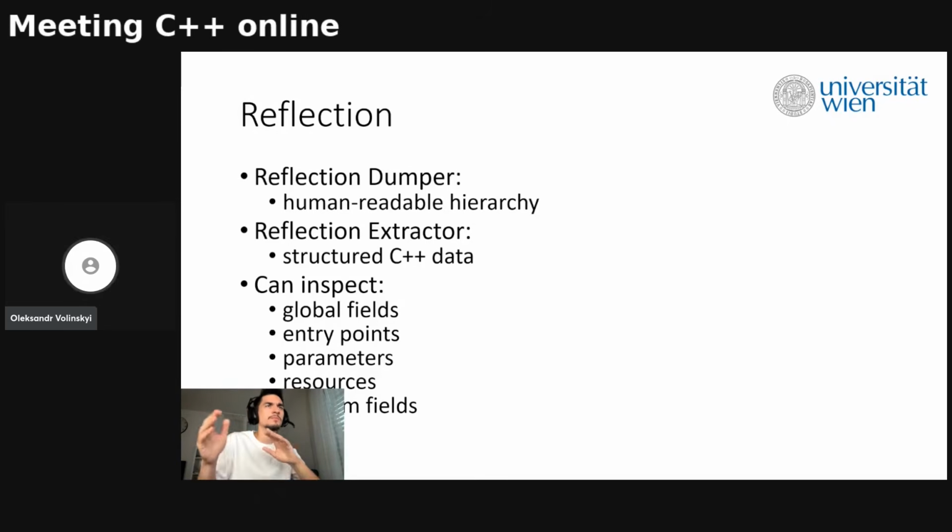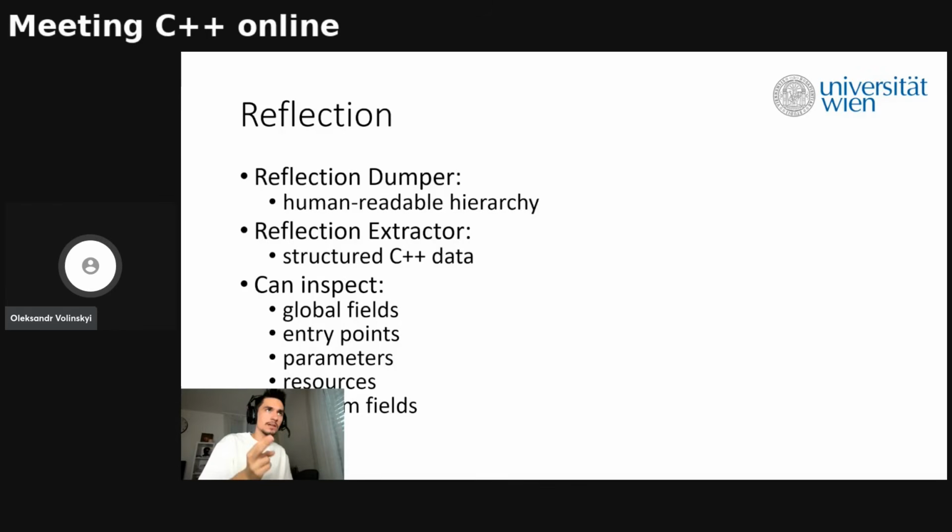I haven't talked about it, but what does the reflection dumper actually do? It just dumps out the reflection data right into the console. So this was just the first approach that I made with the reflection. Basically it was made for debugging, inspection. So it just dumps out the information. You can see it, inspect, and there you go.